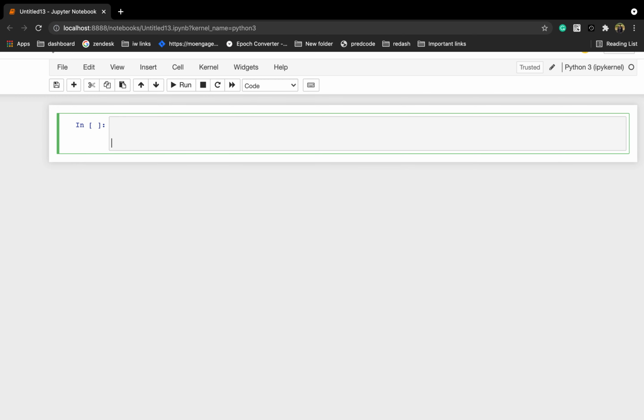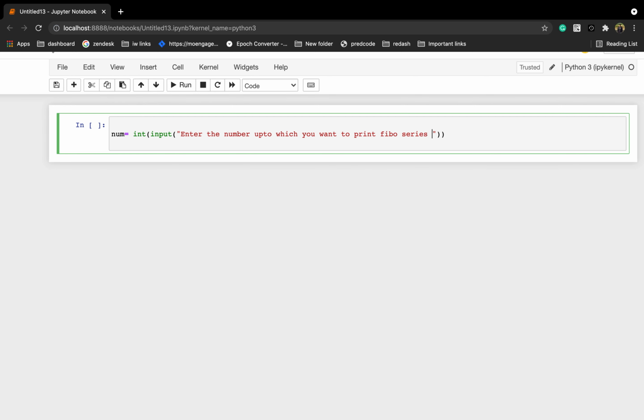So the very first thing, as I told you, we need to ask the end user up to which number you want to print the Fibonacci series, right? So I am using this num variable, you can use anything, and I'll ask the end user to provide input, right? So I am using the input built-in function, and then enter the number up to which you want to print the Fibo series.